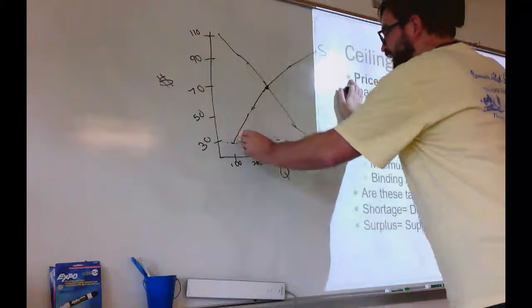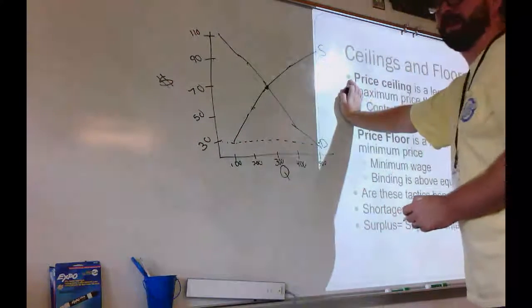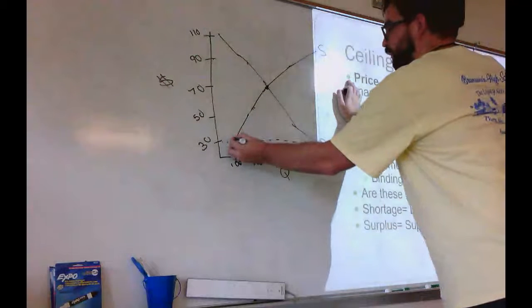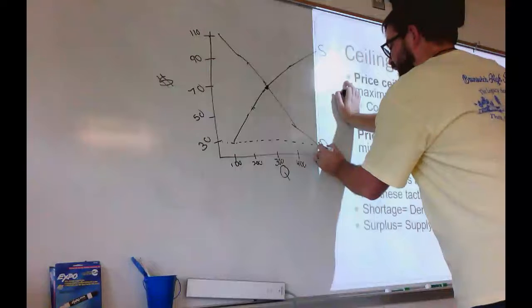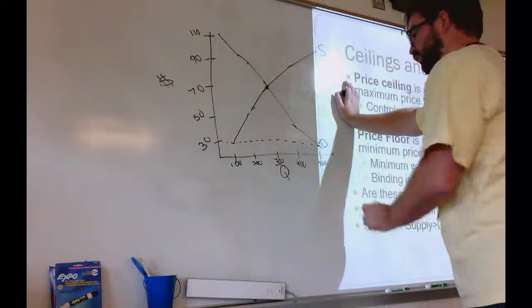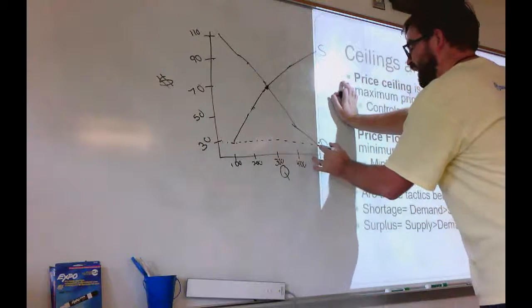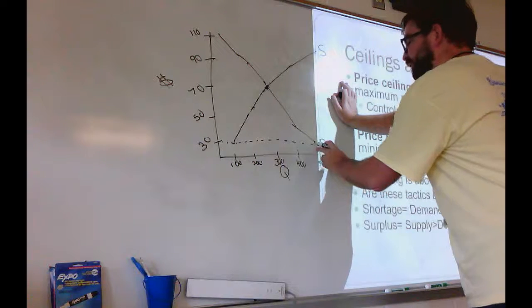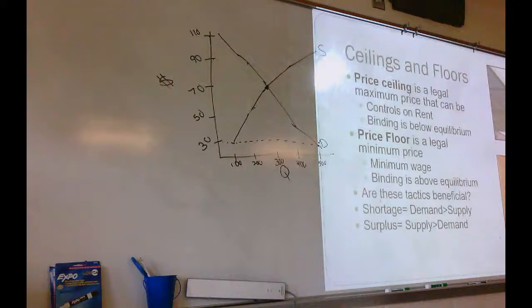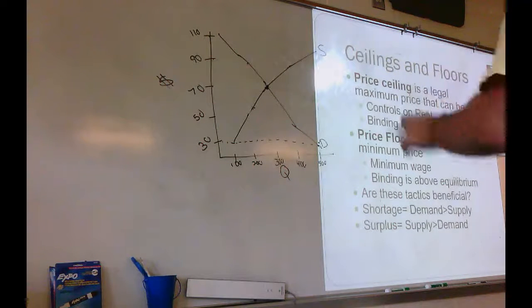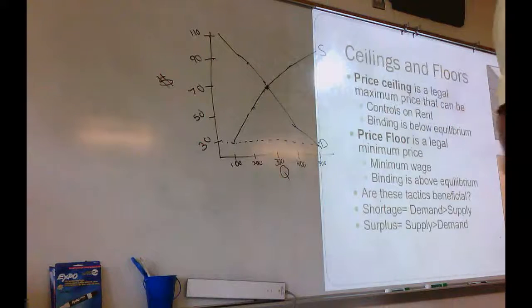Well, if that were the case, businesses wouldn't be willing to supply that many pairs, right? Their supply would be low. It would only be 100. At the same time, if everyone is looking at buying shoes for $30, the demand is going to be really high. And so if our demand is 500 pairs and our supply is only 100, then we're going to have a shortage of about 400 pairs. People are going to want to buy more shoes than the company's willing to provide. And you see this with apartments in New York City. Several years ago,